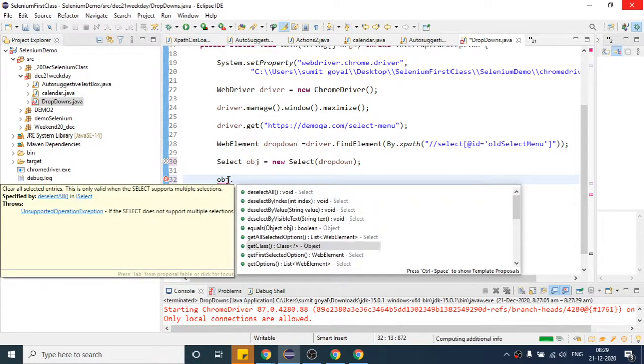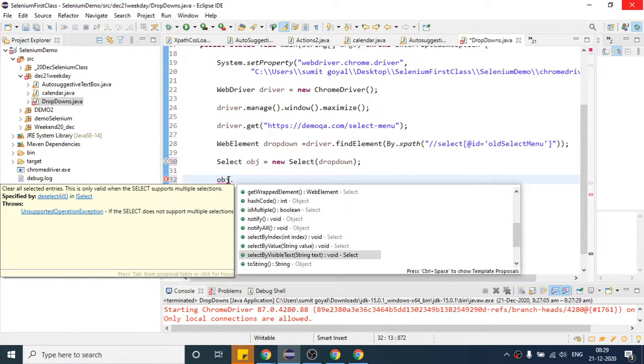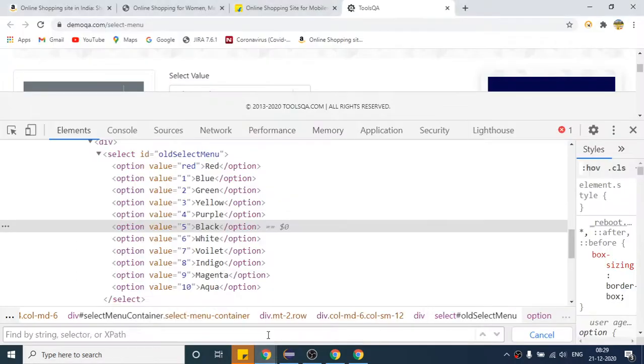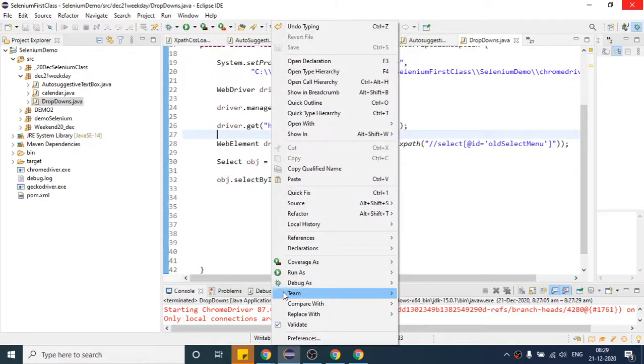If I talk about one of the methods, suppose I select by index, and I give index number 3. The index will start from 0, so at index 0, 1, 2, 3, index number 3, yellow, should be selected, right? If I run this, it will select yellow.